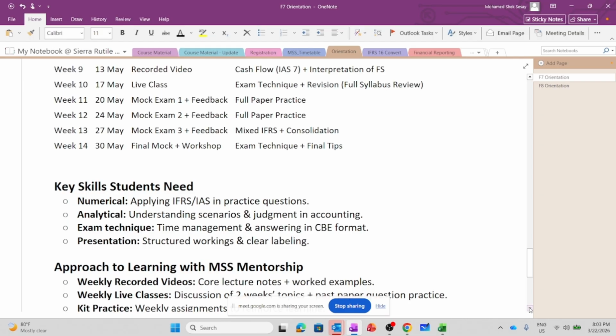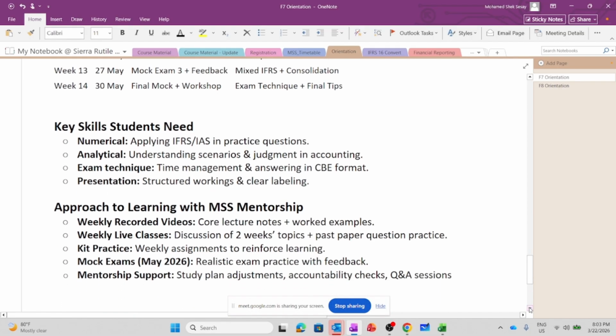For example, the group structure, the calculation of the net assets for the subsidiary, the calculation of the NCI, the calculation of the goodwill. You need to structure this computation so that the examiner can understand that point A is the group structure, B is the net assets, C is the NCI, and D is the goodwill calculation. That structural approach is needed in the examination. You need to present your work clearly and label it very clearly. If you are going to answer section C, Roman 1, you need to indicate it clearly. Roman 2, you need to indicate it clearly.